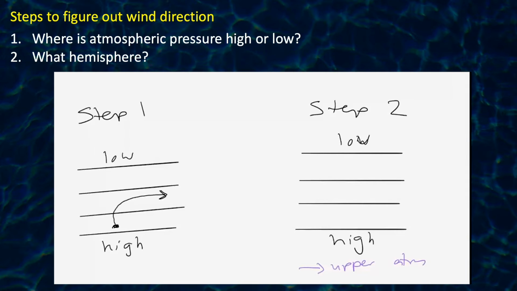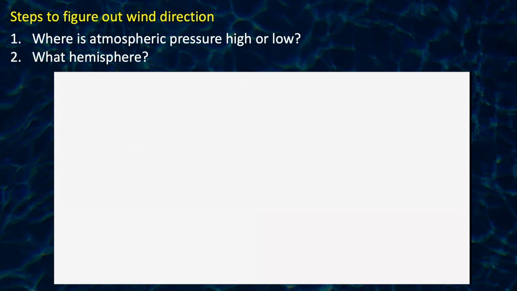The direction of the wind in the upper atmosphere is going to be parallel to these lines of constant pressure. So if I have north up near the top of my figure here, then this upper atmosphere wind is traveling from the west towards the east. Now let's do one more example, still in the northern hemisphere, but I'm going to put the high